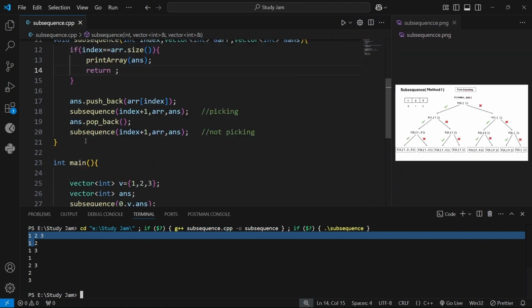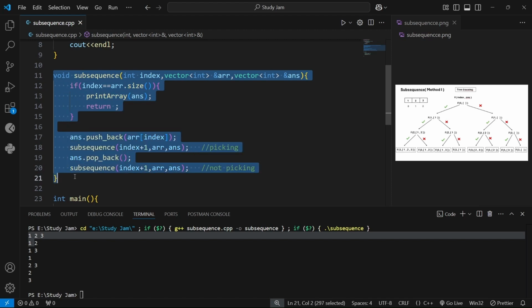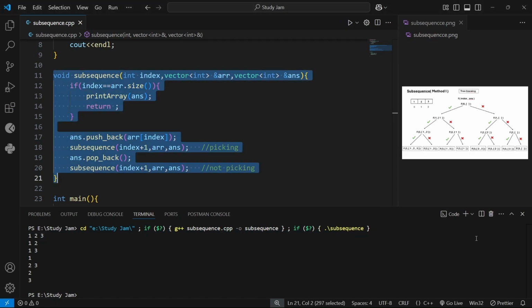So this is the code for printing the subsequence. So we are firstly picking it, then we are not picking it until this base condition is reached. So we have successfully written the code for the subsequence. So let us now copy this